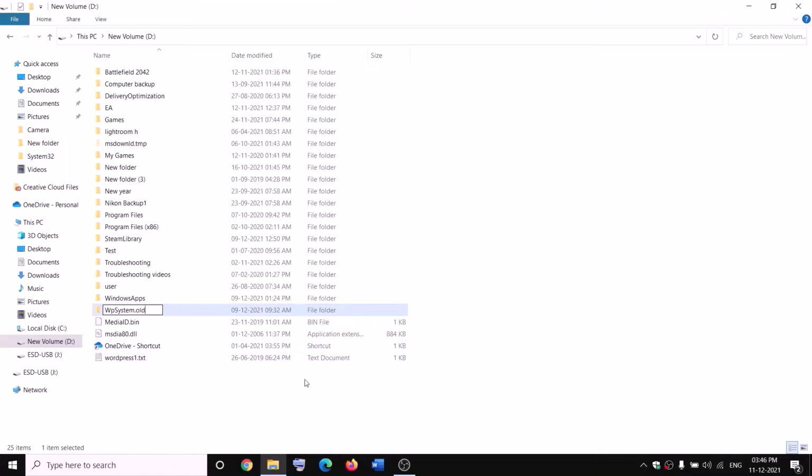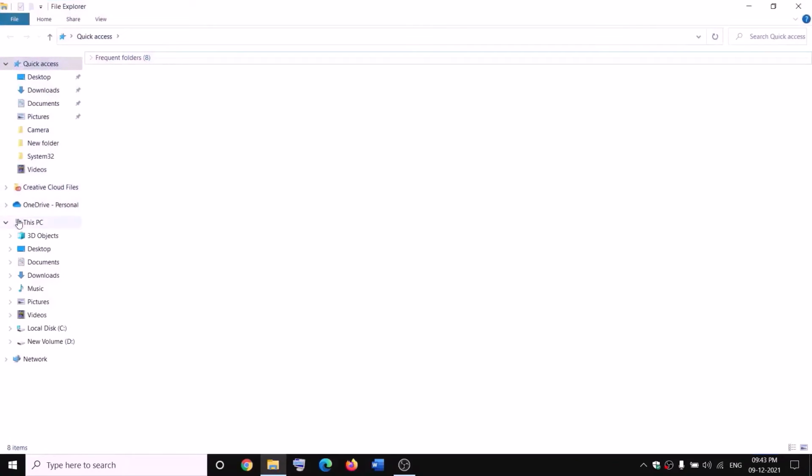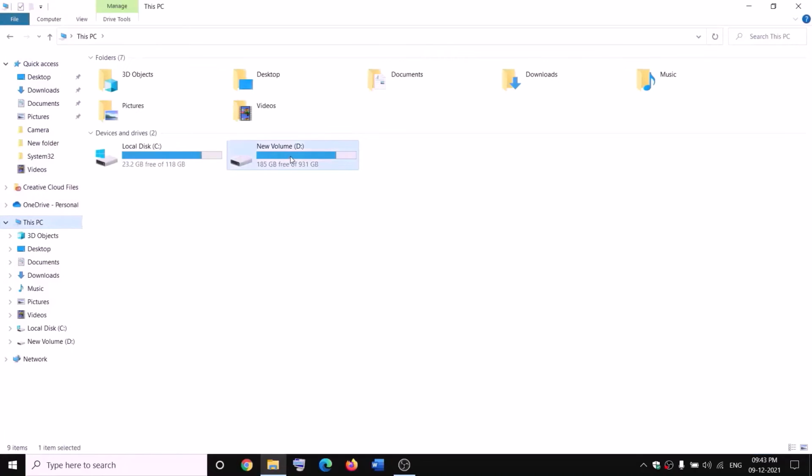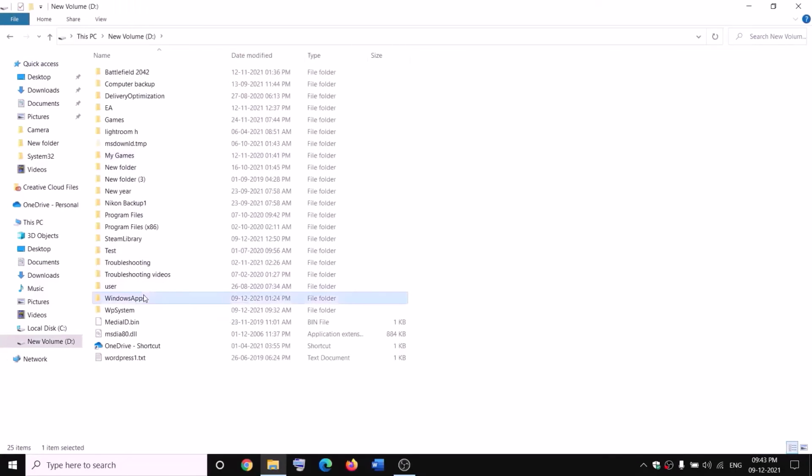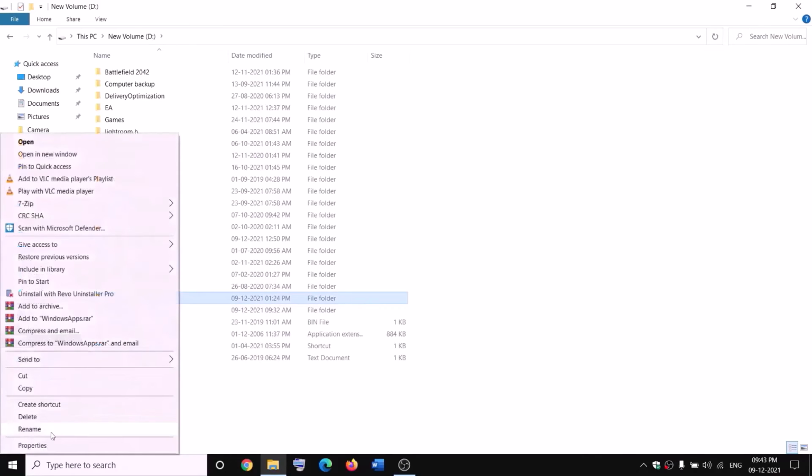Now if you still face the problem, in that case you can go ahead and restart your computer and then try to rename it once again. Open File Explorer and then go to This PC, open D drive, then make a right click on Windows apps and then rename it. Now before renaming, you have to take the ownership. Make a right click, then click on